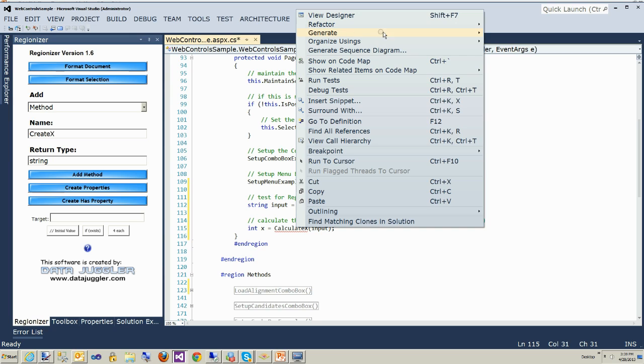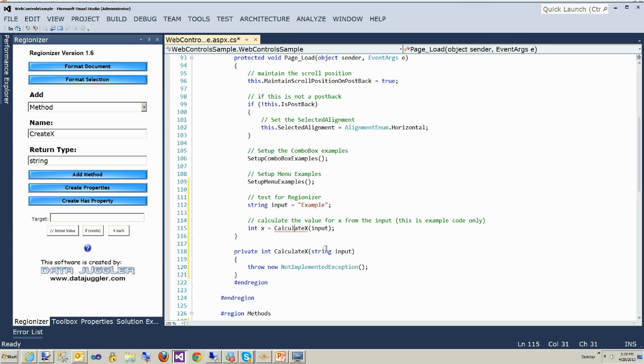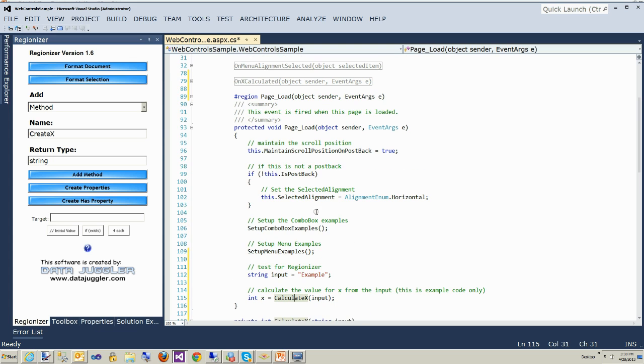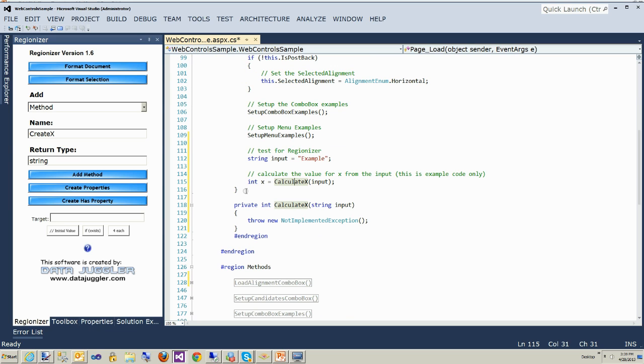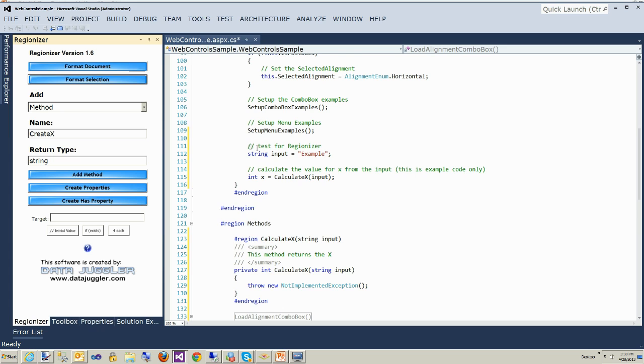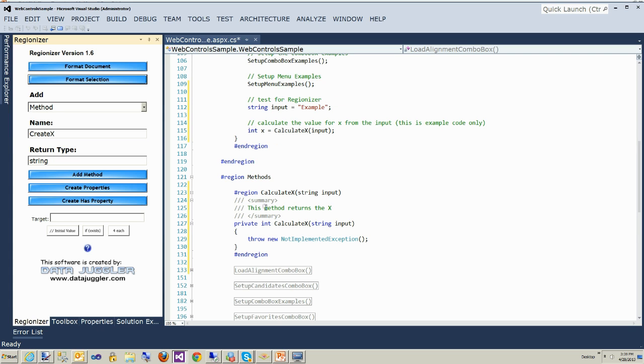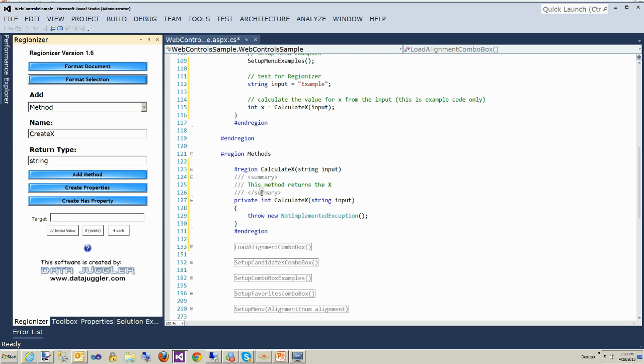So now generate method stub, and notice Visual Studio does create the method, and that saves you a lot of time typing, so I'm all in big favor of that. But I'm in the events region here, and that created a method. And for years I used to do this by hand. I would copy and paste it, and so by clicking format selection, it moves it in there, and it also